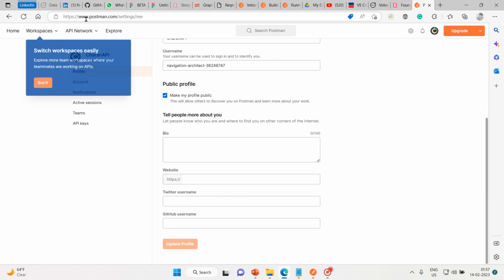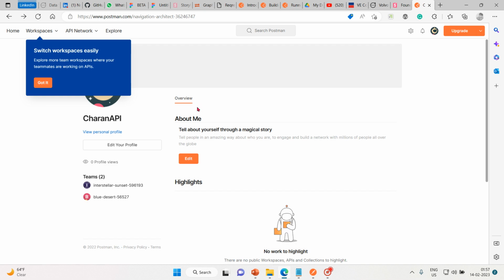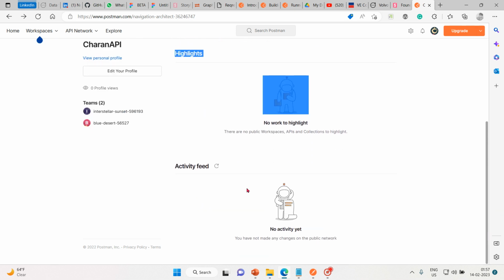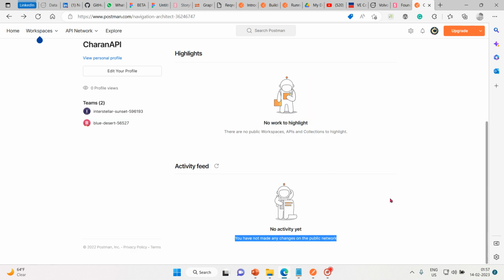Let me get back to that previous section. So one more step back. Here you could see the teams, and here you can see the highlights. You see that highlights, but no work to highlight at this moment. And here you should see the activity feed. So no activity feed at the moment. So now let me get into that